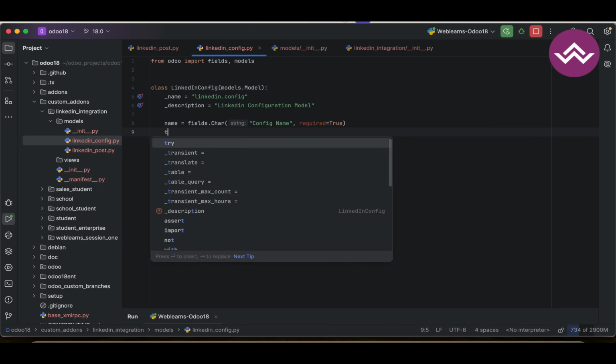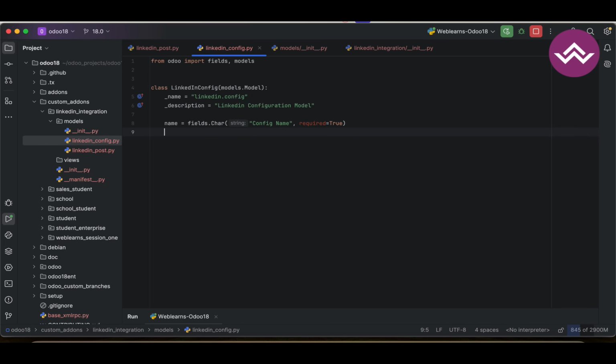Here we have to add, let's say, a lot of required stuff. Right now I remember a few things, so I'm adding them here and the rest I will add later on. So let's say client ID